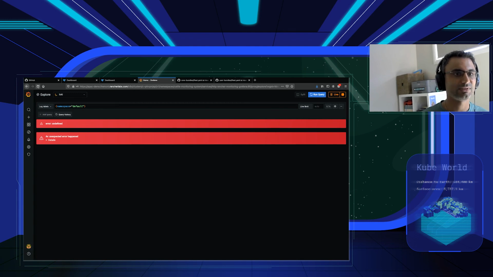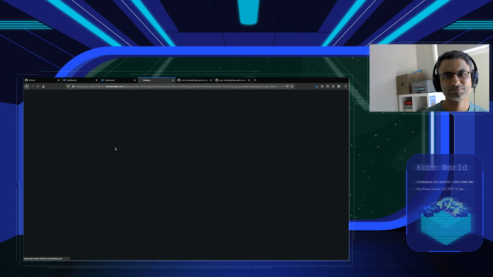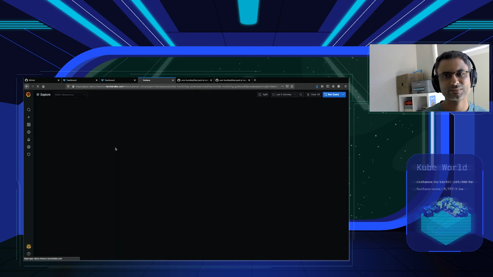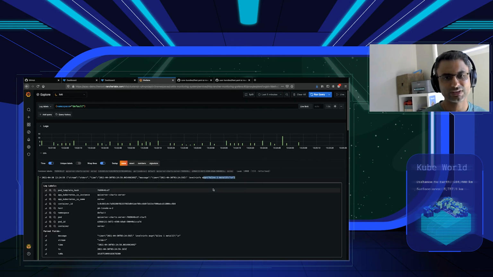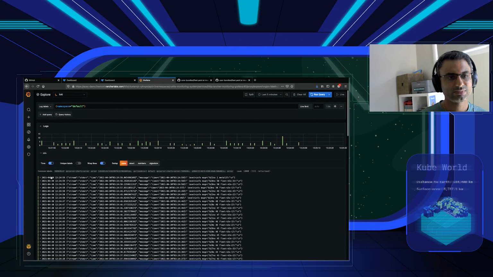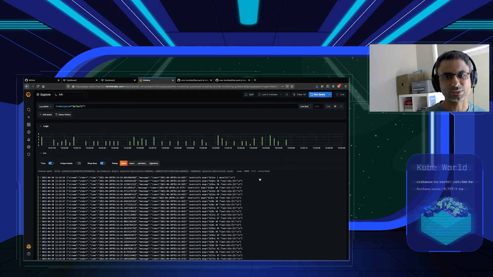Let me just refresh this. So we can see the Metal 3 clusters come through as well. And I should be able to shortly see the other VMware cluster as well, where I had deployed the same